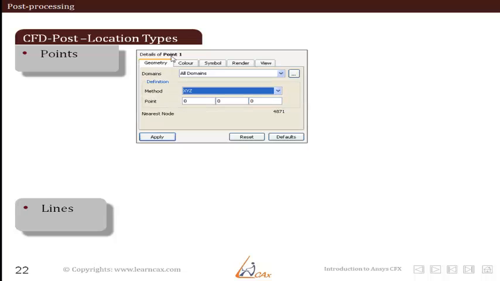Next, we will take up points. For points, you have to click on the points icon, then the points dialog box opens up. The first tab in that is geometry, and in that we have to select different methods. Currently, we have selected the XYZ method, which means we have to input the XYZ coordinates, and a point is